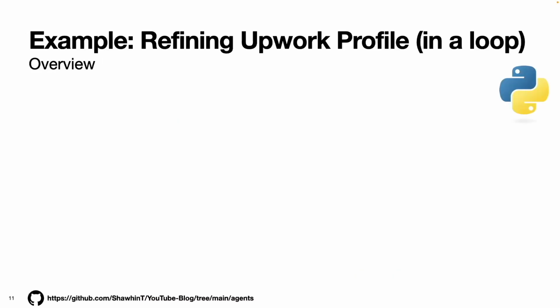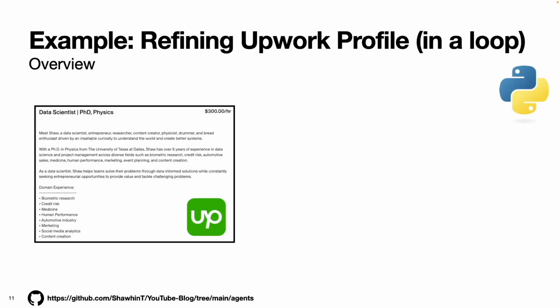Now that we have a basic idea of what an LLM in a loop is, why we might want to do it, and different evaluations we can use in these feedback loops, let's look at a concrete example. Here, I'm going to build a system to refine my Upwork profile using this LLM in a loop idea. For those who don't know, Upwork is a freelancing website, so you can go on there as a freelancer, apply to jobs. You can also have a profile, and clients can reach out to you about potential gigs. So it's just a marketplace for people to get freelance work.